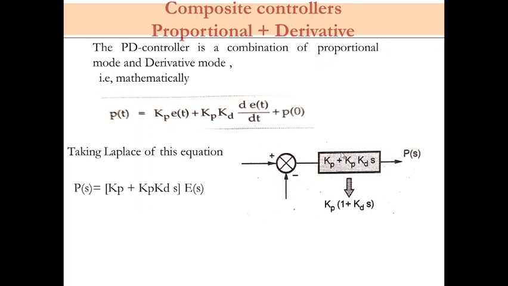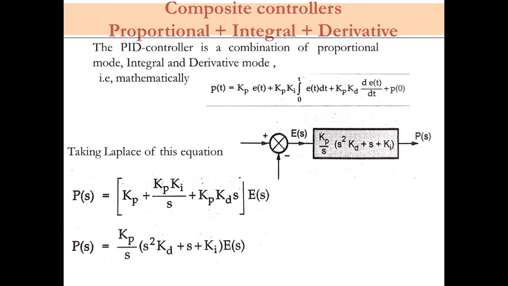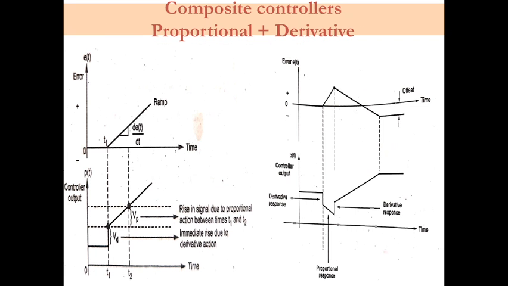So this is the controlled unit, that is the plant, we can call it a plant. And here the Kd is called the derivative term, and both Kp and Kd are adjustable. The derivative time Kd is the time interval by which the rate action advances the effect of the control action. So the behavior of such a PD control to a ramp type of input is displayed here. So here the ramp function of the error occurs at t equals t1. As you can see, observe the first figure, that is this one.